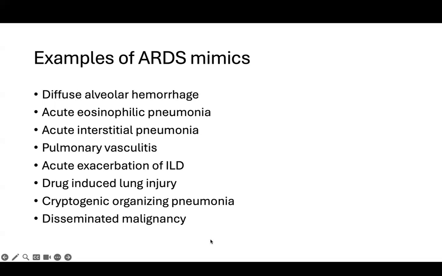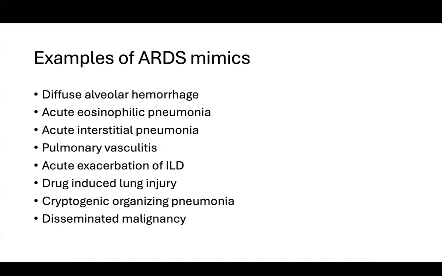So these are just some examples of ARDS mimics. Okay, but there are going to be a lot more. You can have things like radiation pneumonitis, vaping induced lung injury. All of these are ARDS, but plus minus, you can call them mimics also. Like I said, the definition of mimic is not very well defined. So anything that is not, like I said, risk factor plus systemic inflammation leading to ARDS, you can probably call